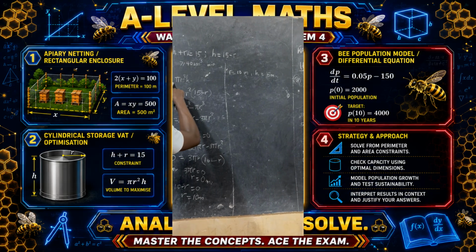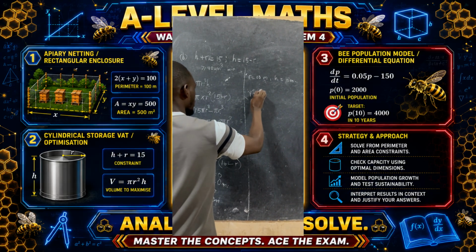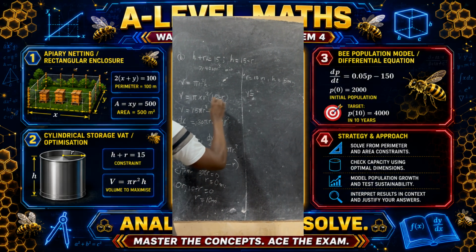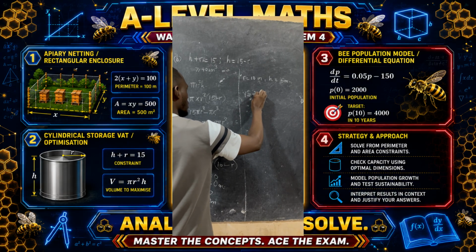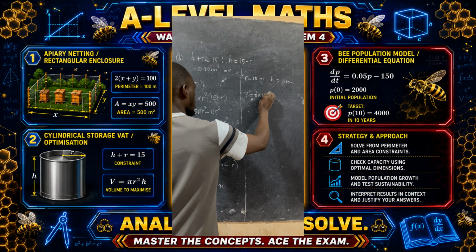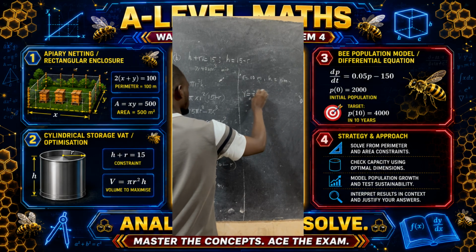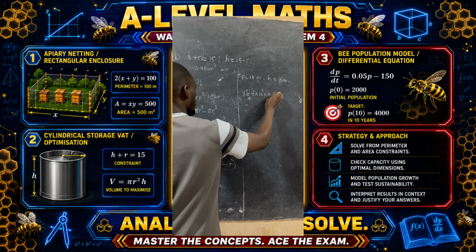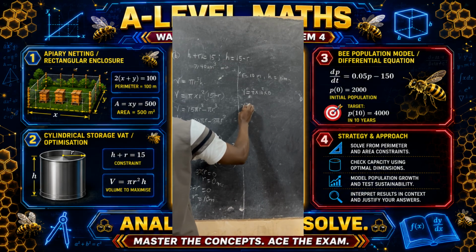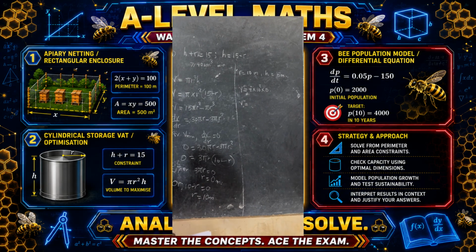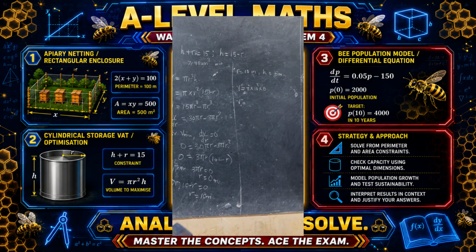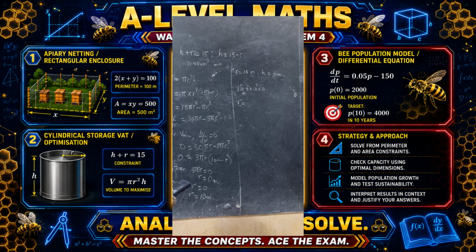Then go back in the formula of calculating the volume, and we say volume is equal to pi times radius, which is 10 squared, then times 5. So the capacity is going to be 500 pi meters cubed,